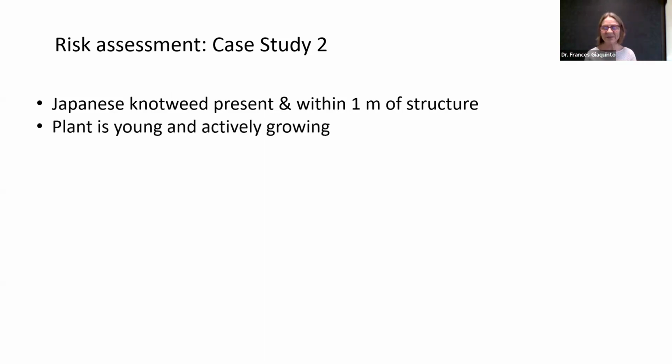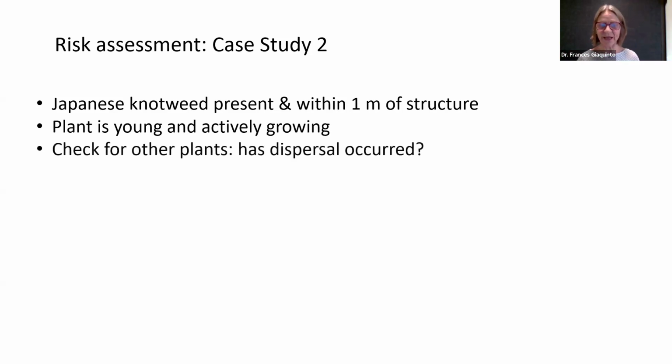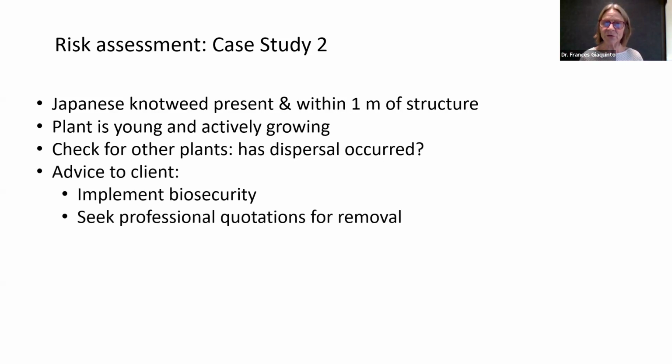Okay. Plant is young and actively growing. That means there's probably an older plant somewhere else, okay? Check for other plants. Has dispersal occurred? In this example, I couldn't see any other plants, okay? Your advice to your client is to implement your biosecurity, to create that demarcation zone. Now, it's right up against the building, so you can't create it all the way round, but there is a risk that if that little house doesn't have a proper foundation, as many of those old cottages didn't, that plant could be under the wall and